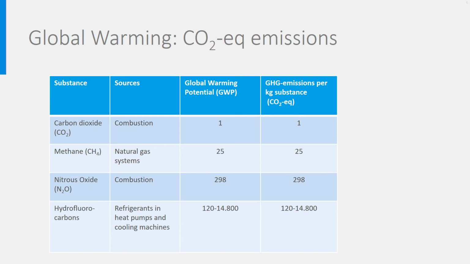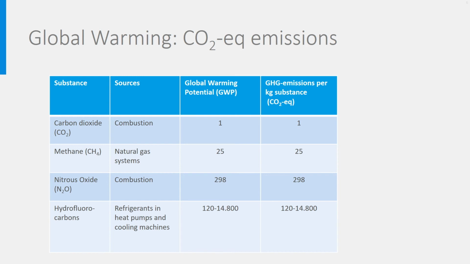Global warming is not determined solely by CO2 emissions, but also by many other greenhouse gases, like methane itself or nitrous oxides N2O. The global warming potential that you see in the third column of the table is a measure of the comparative effect of different substances on global warming. The reference is the global warming potential of CO2, which is set to 1. Methane has a much higher global warming potential than CO2, 25 times more. Nitrous oxides even more, 298 times.